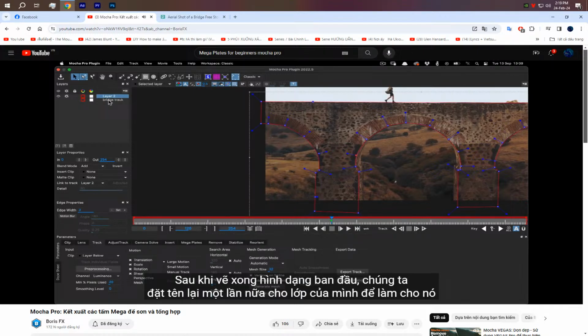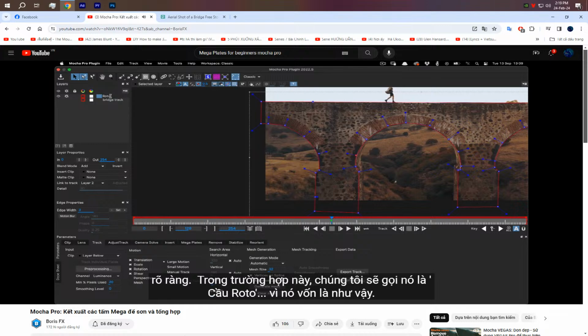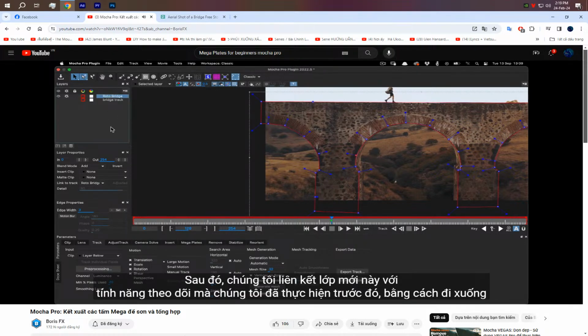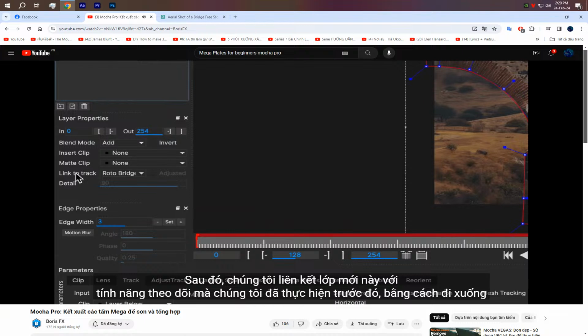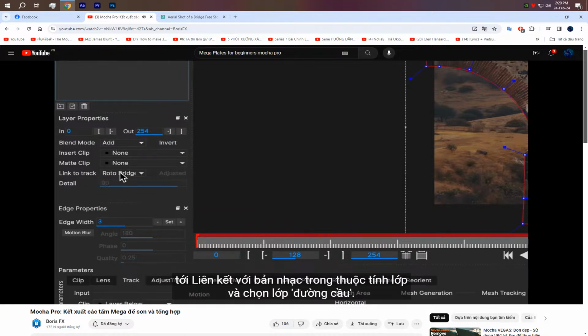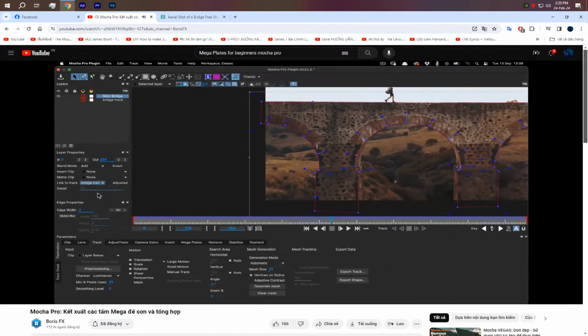Once we've drawn the initial shape, we can once again name our layer to make it clear. In this case, we'll call it Roto Bridge, because that's what it is. Then, we link this new layer to the tracking we did earlier by going down to the Link to Track in Layer Properties and choosing the Bridge Track layer. Now, when we scrub the timeline back to the start, you can see the roto layer moving the same way